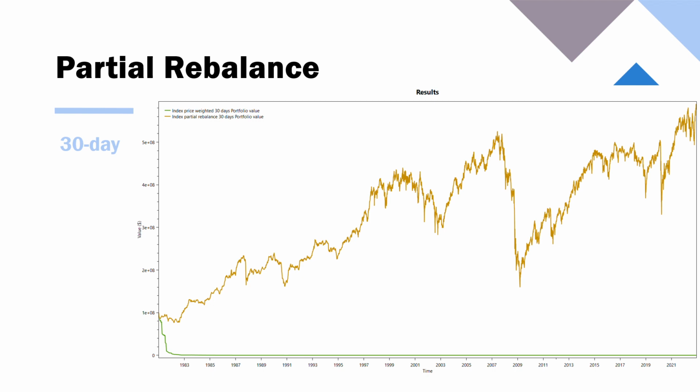A good way to think about this is, if you imagine we simplify this down to we only want the very top share. And let's say we have enough money to buy 10 of the very top share, and we hold it for some period. And then we come to our rebalancing, and it's now not the top share. There is another top share, so we want to sell our top share and buy the other top share. Now, by definition, because we are no longer the top share, 10 of the new top share is worth more than 10 of our portfolio. So we can only buy, say, 9 of it,